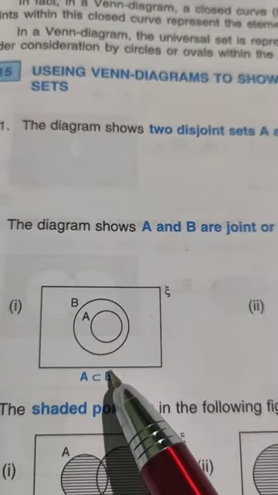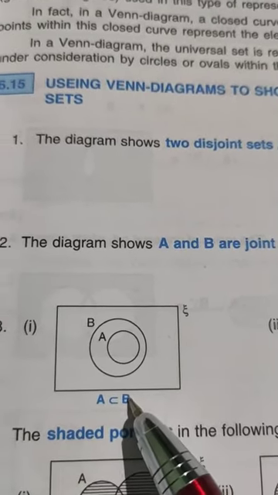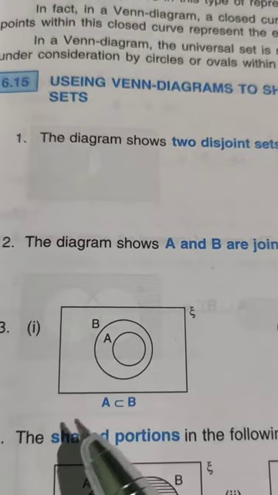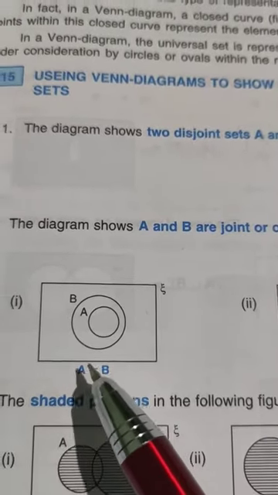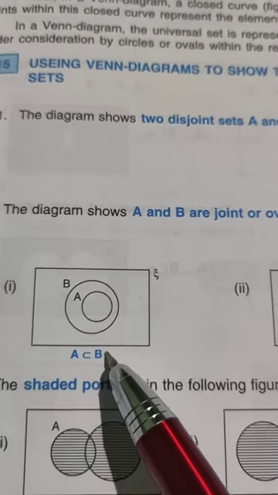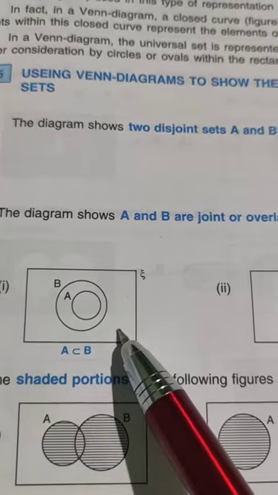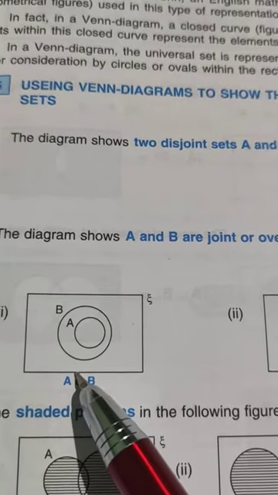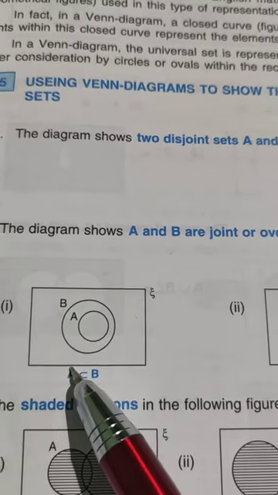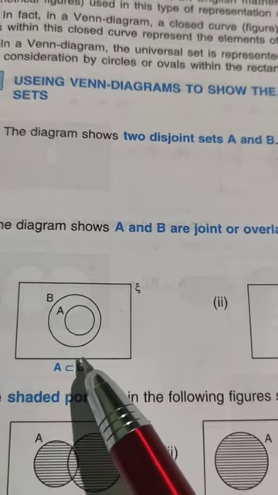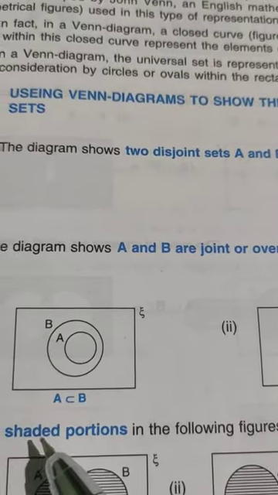Now see here. This is the diagram of A subset of B. What is A subset of B? If any element belonging to set A also belongs to set B, this is called A subset of B. जो एलिमेंट A में बिलोंग करता है वो B में भी होने चाहिए. Okay, revise all those topics which I taught in previous videos.